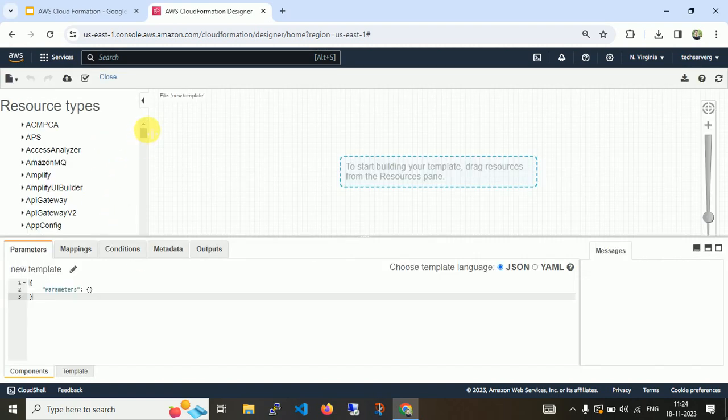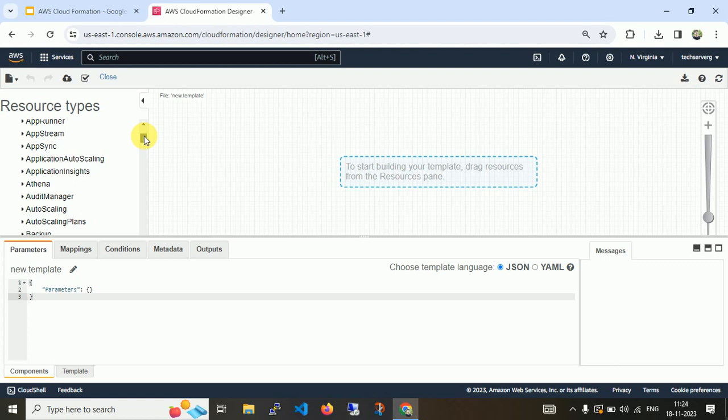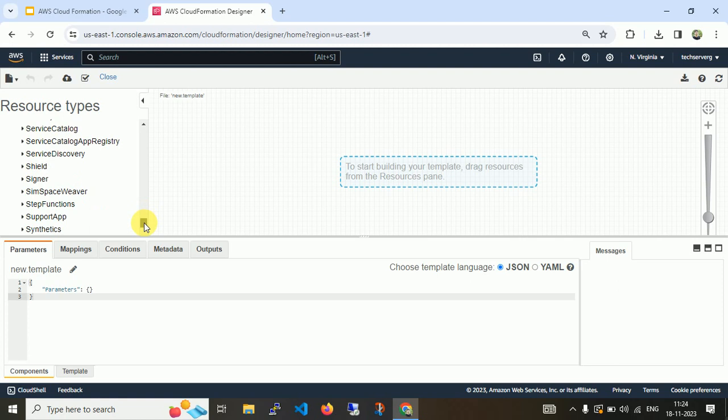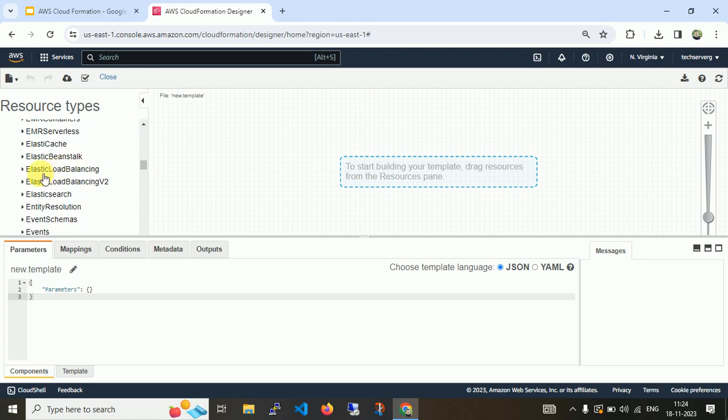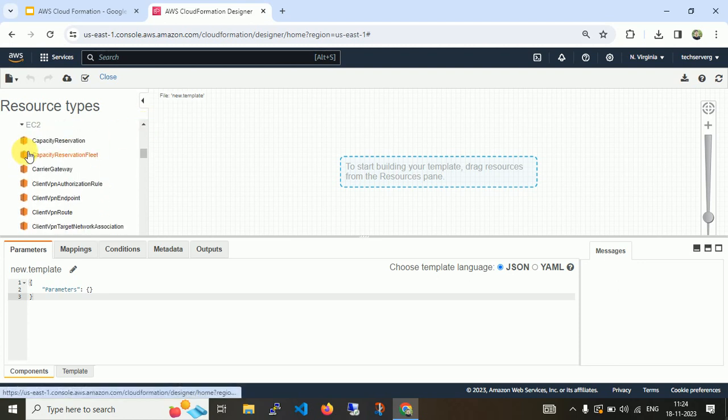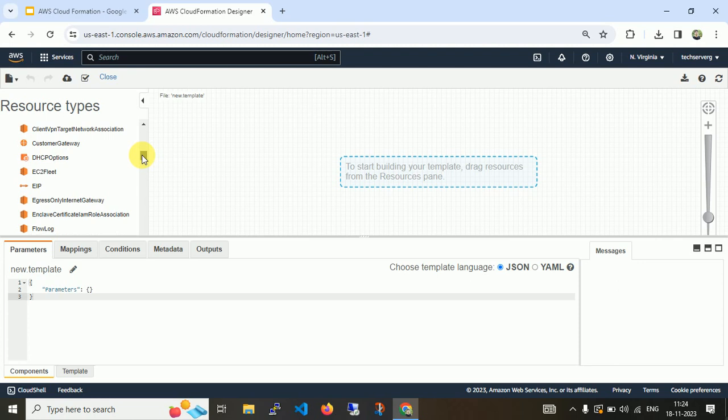So here you can see the list of the service resources supported by Amazon. You can find each and every service. It is not limited to some of the use cases like Route 53, S3, S3 Object Lambda, RDS, so many, Elastic Load Balancer, ECR, EC2. When you click on any specific service, you have more options limited to that particular resource,